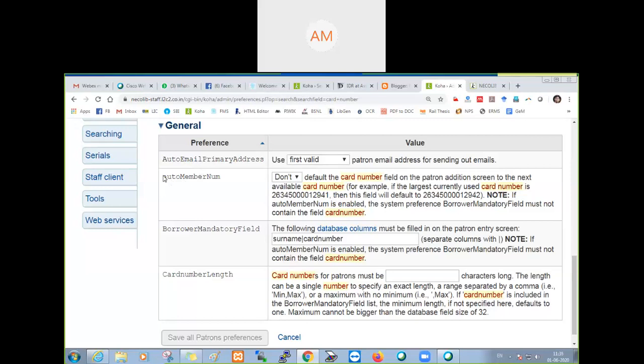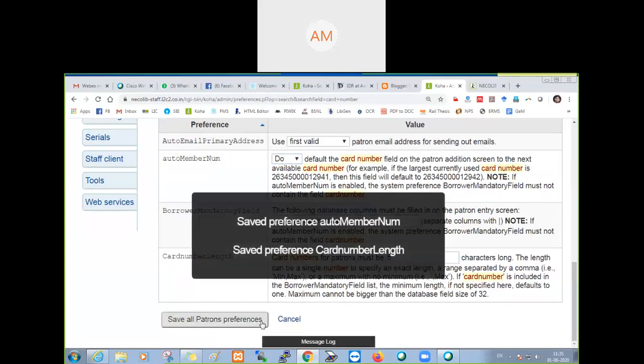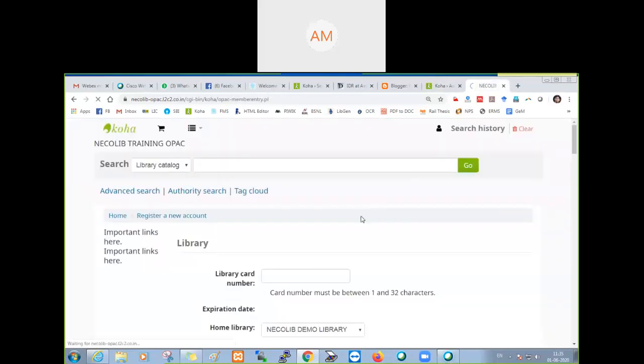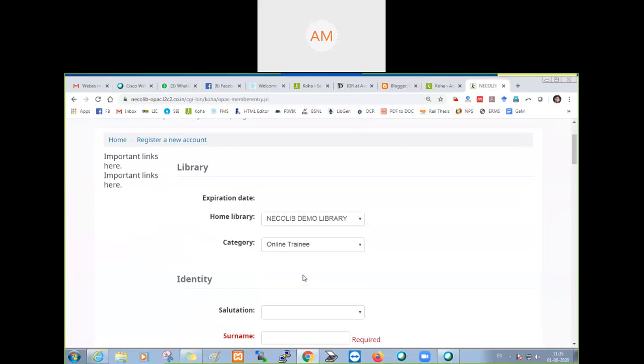If I turn auto member number on, then the card number will be automatically generated. And I'll give a minimum of 5 characters. Patron preferences. Now if I refresh here, you see the library card number is not visible to the person. It will be auto generated by the system.